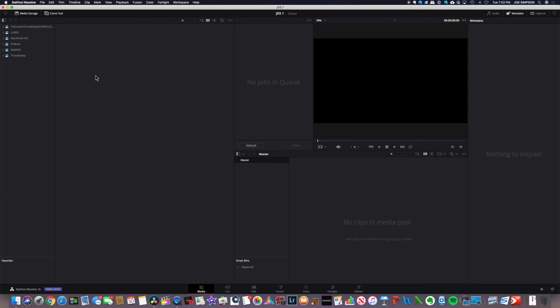Final Cut, when you import something, it imports actually into the software, into its own little folder. Now you can make these locations different with Final Cut, so you can put it on an external hard drive so it doesn't eat up your space. But the way DaVinci works, I think they want you to take all of your media off of your cards and put it into folders before you even import the media to this program,